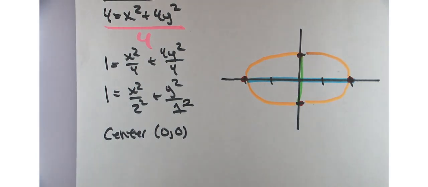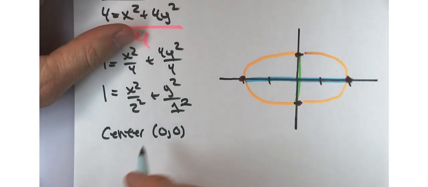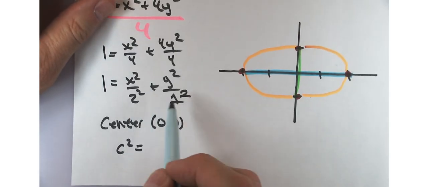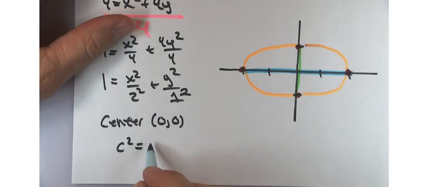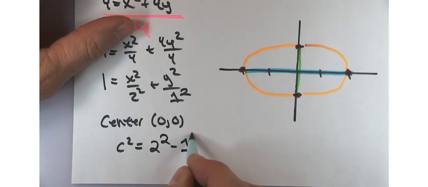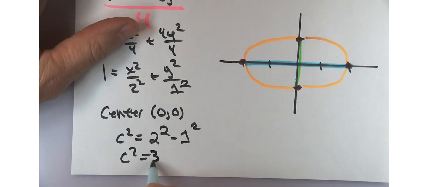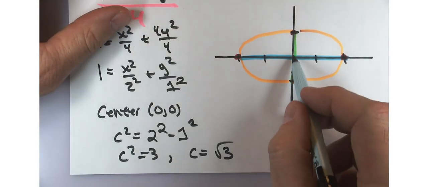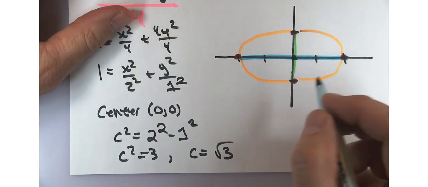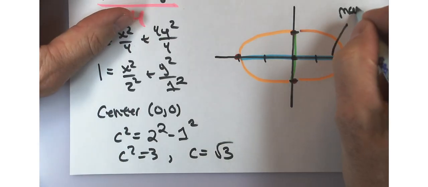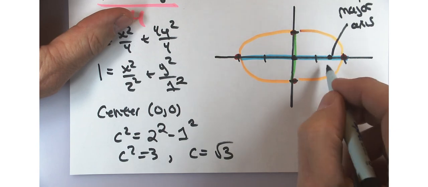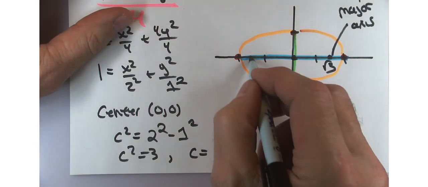So to find the focus, you have to calculate something called c squared. C squared is going to equal the larger of these squared minus the smaller one squared. In our case, 2 squared minus 1 squared. So c squared equals 3. So c is going to be the square root of 3. You're going to move that distance away from the center along the major axis. So square root of 3 is about 1.732, and negative square root of 3,